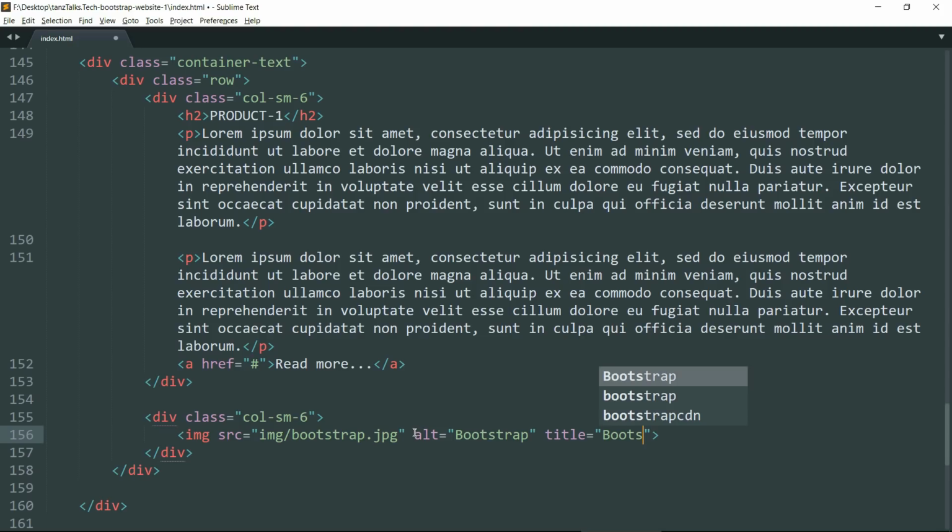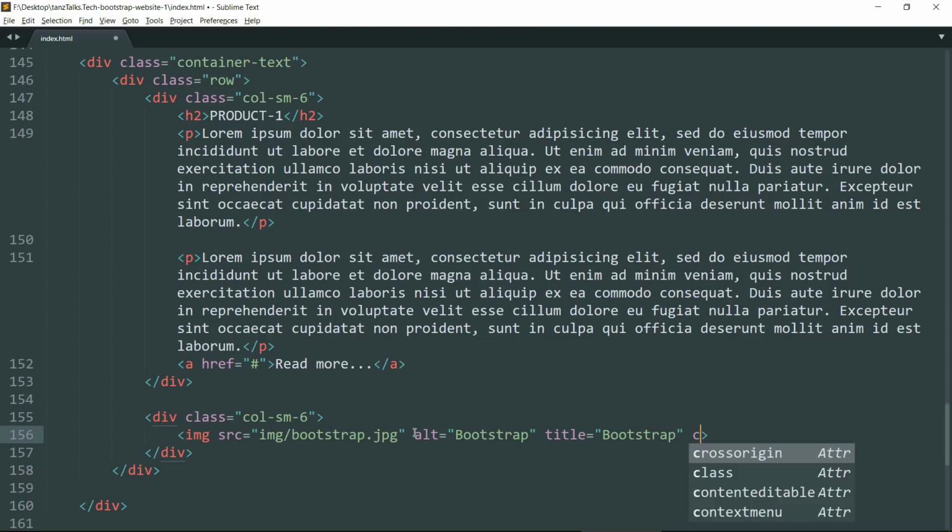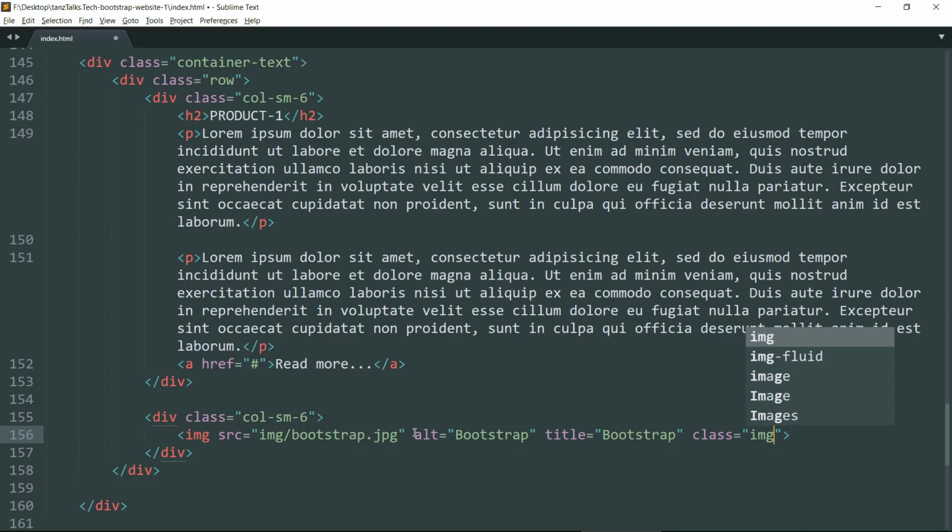Okay, then class as img-responsive. Now this img-responsive makes sure that the image size is adapted according to the screen size.